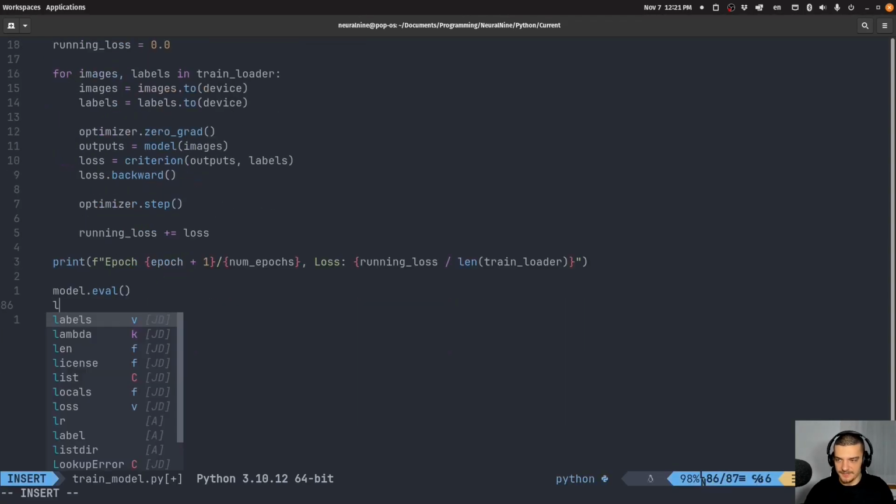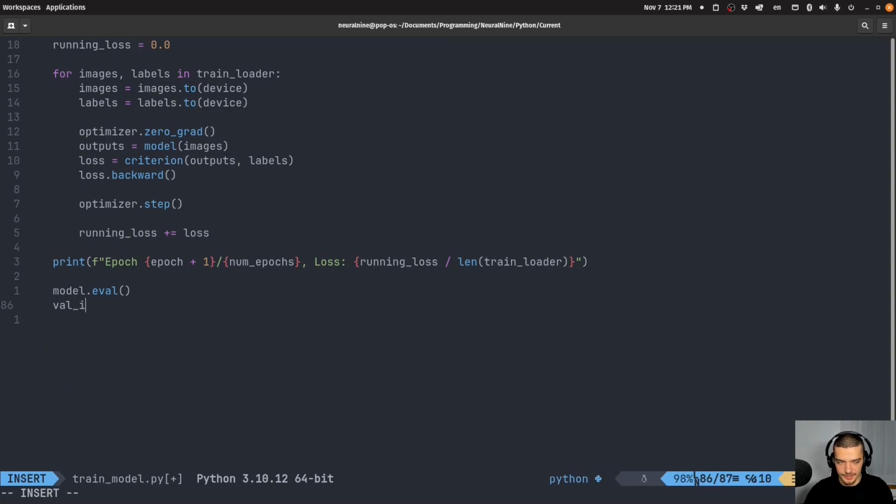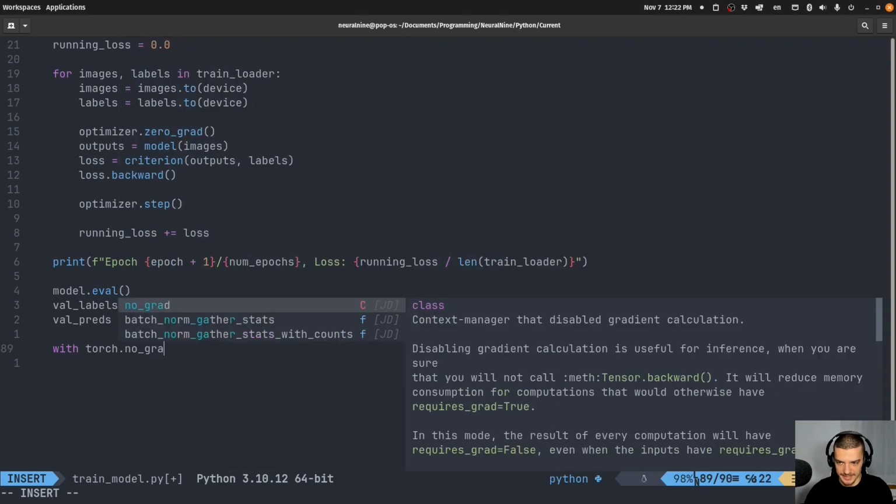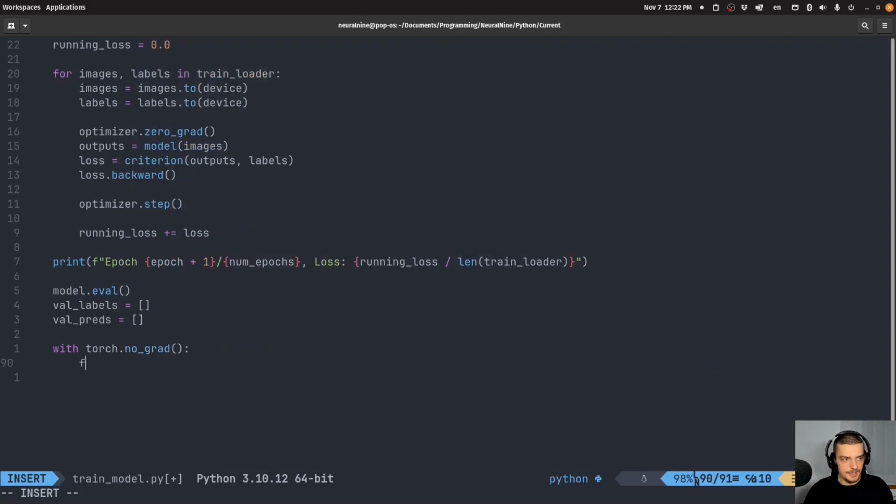So model.eval, validation labels is going to be an empty list, and validation predictions is going to be an empty list. And then with torch.no_grad, since we're not training anything, we're just evaluating, for images and labels in validation loader,